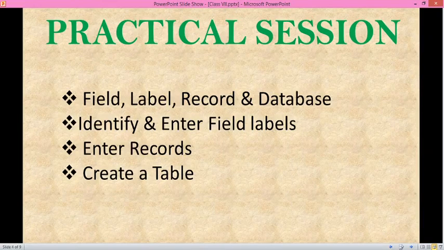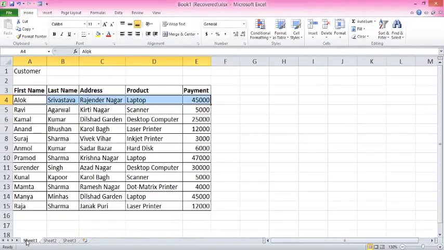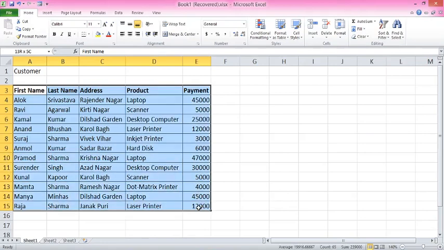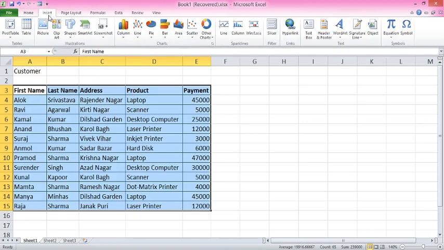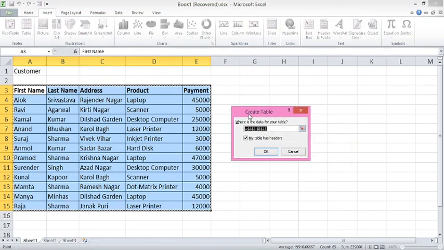Next is how to create a table. To create a table, select the database that you have already created. Like I have selected all the cells that I have filled. Then move to Insert tab and select Table. This dialog box will appear, which will automatically retrieve the address of the cells that are selected here.